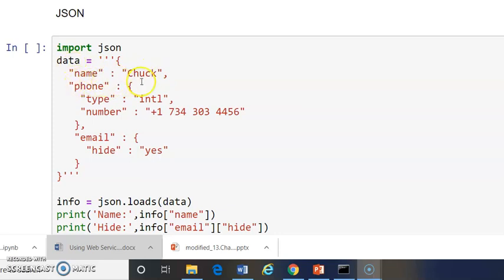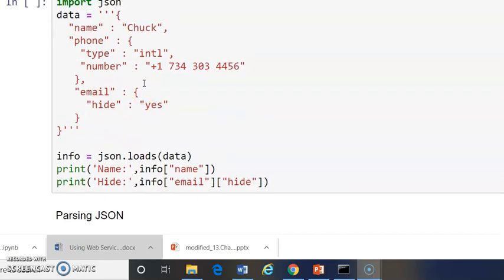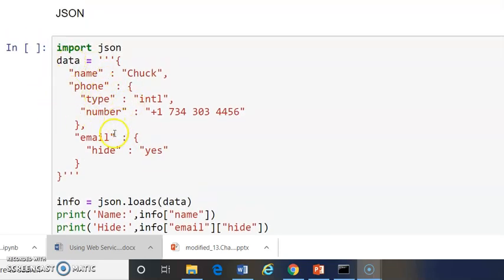So it's a key value pair, the name, the phone number, again one more dictionary inside this. This is another key value pair, and with this the phone will end, and then the email. And this outer curly brace looks like an outer dictionary. This is how we represent data in JSON.